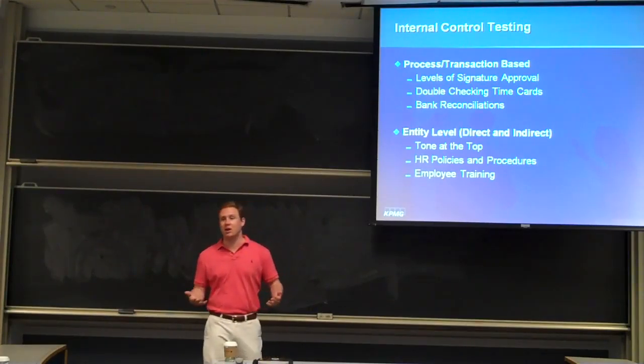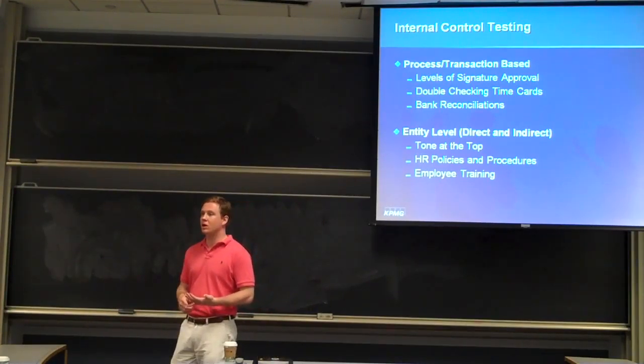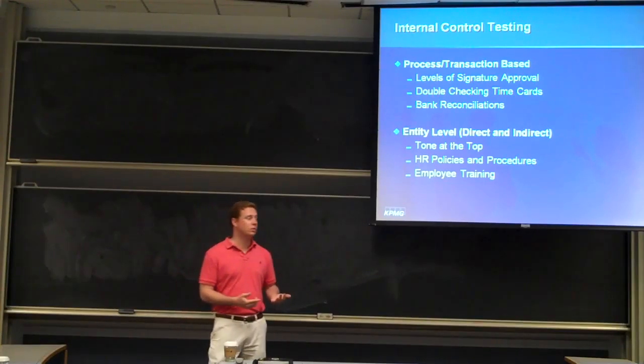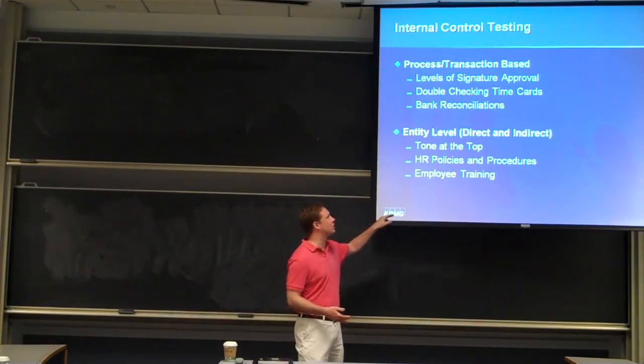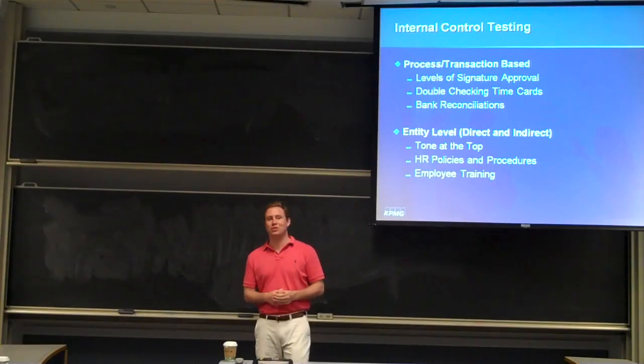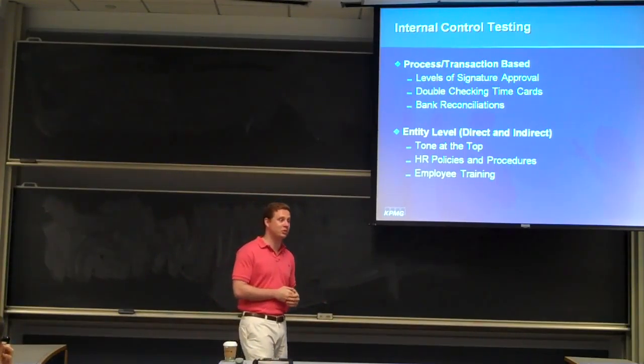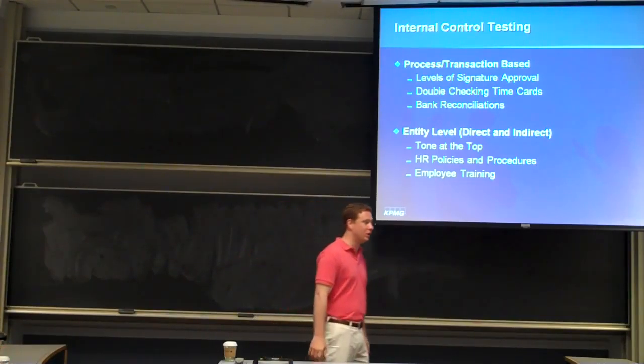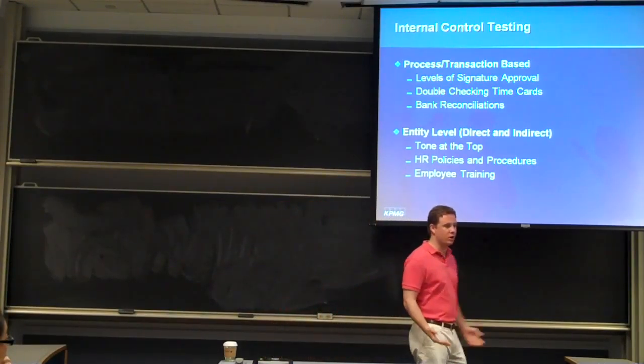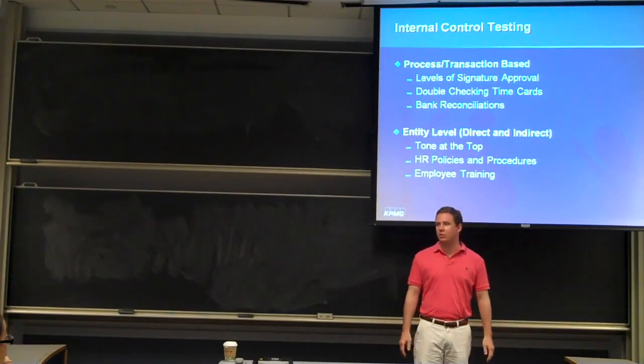So almost every client I've ever been on does bank reconciliations, and we go out and check that those are being performed. And then the other kind of control you have are entity level controls. These are the fun ones that we usually make new hires go do. For instance, at ResCare, my first client, fresh out of school, I went over there, and they had a control where they had a fraud hotline. Why is a fraud hotline important?